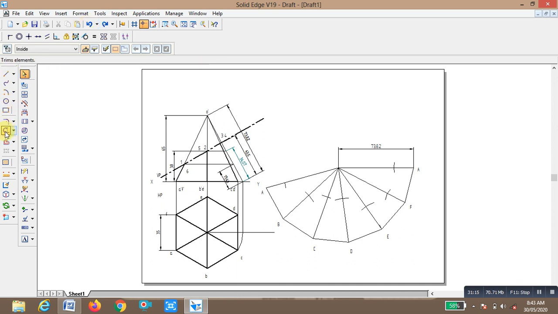Okay, you trim this corner, this and this. Now select the line command. You have to join these distances, whatever I had got here to here. You connect this line, you connect to this, connect to this on F, again on A.